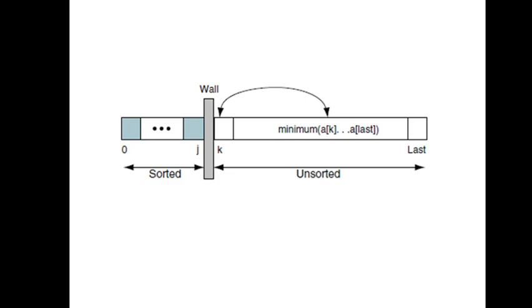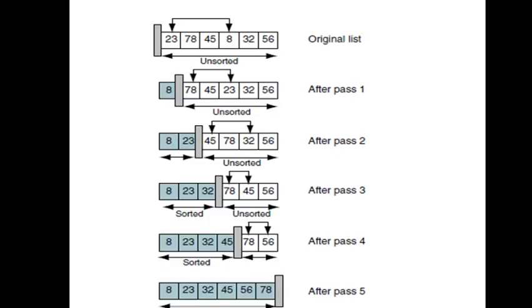This is the depiction of the algorithm. Now we are going to take an example. Observe the example carefully. The initial list is an unsorted list, and when you commence the first iteration, as per the principle of the selection sort, you find the smallest element in the list. In this case it is 8, and you swap it with the first position. So 23 is swapped with the 8, and the list becomes like this.